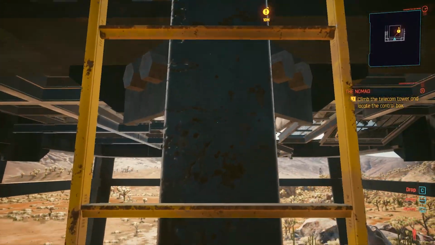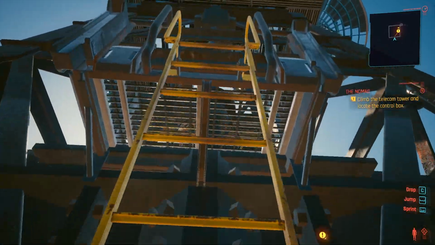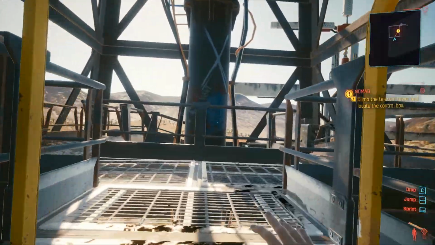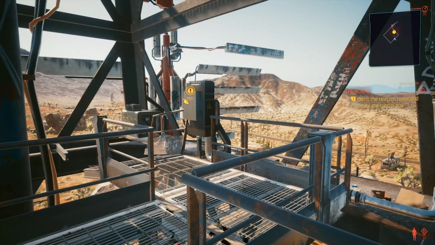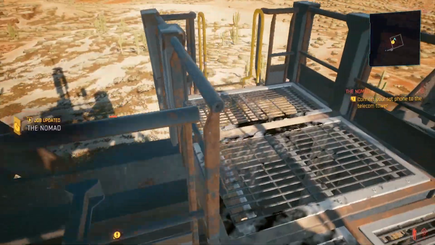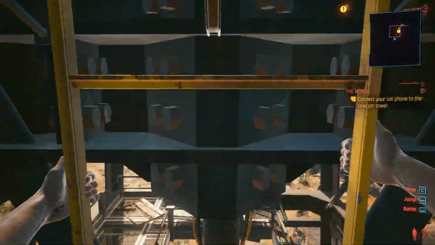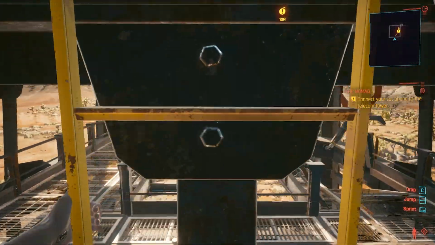Like the fact that you can just climb a ladder. Be careful when you climb down. You have to interact with it again. But yeah, there's the radio. Okay. And then you can just call through like that. But I'm going to give you guys a nice little tip here. When you climb down...